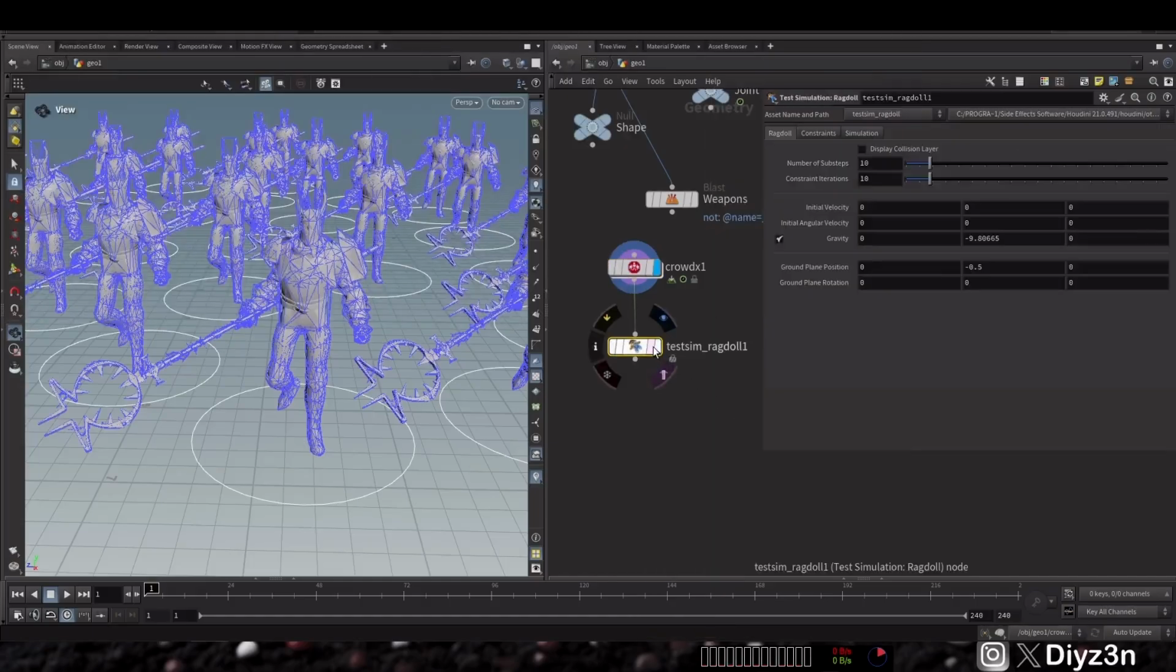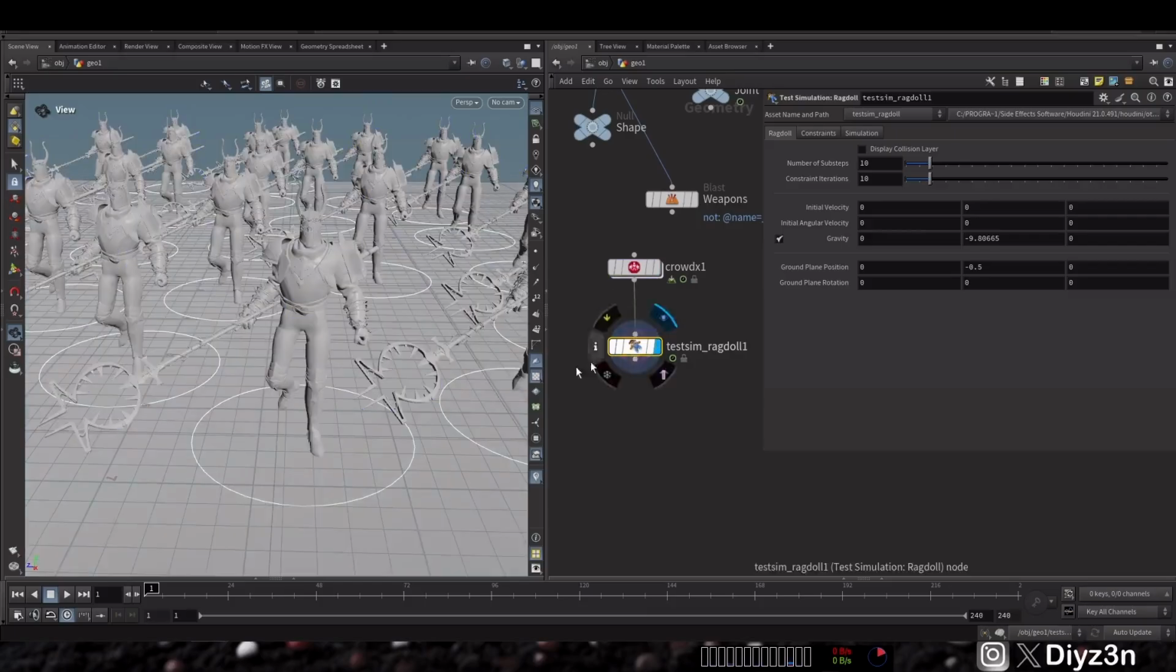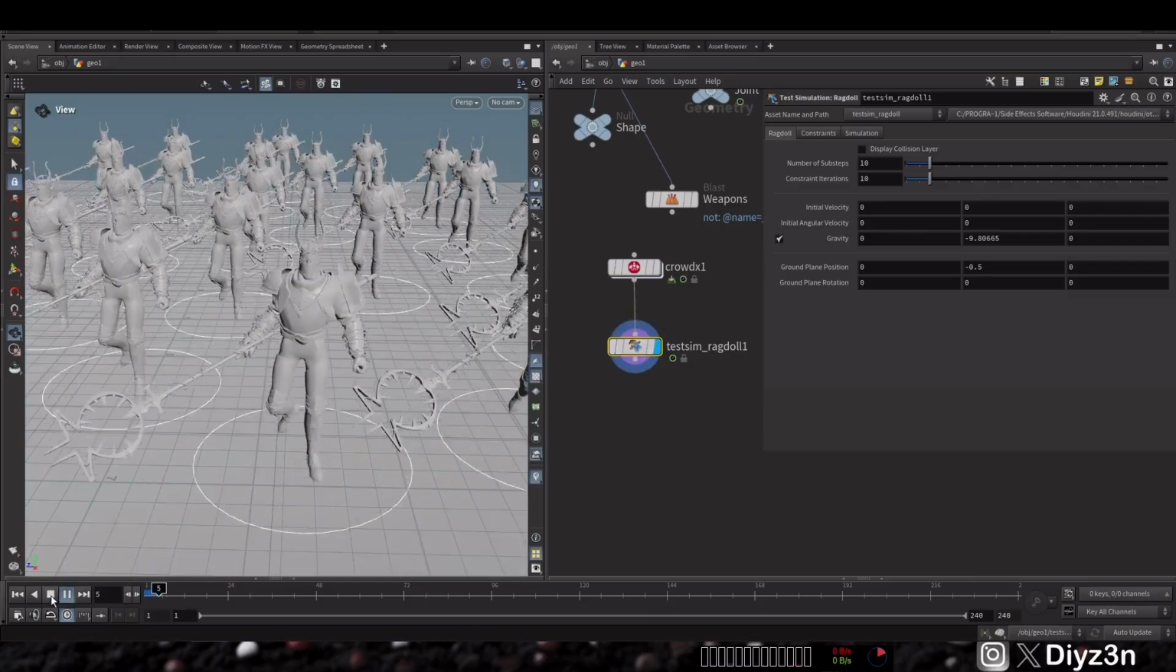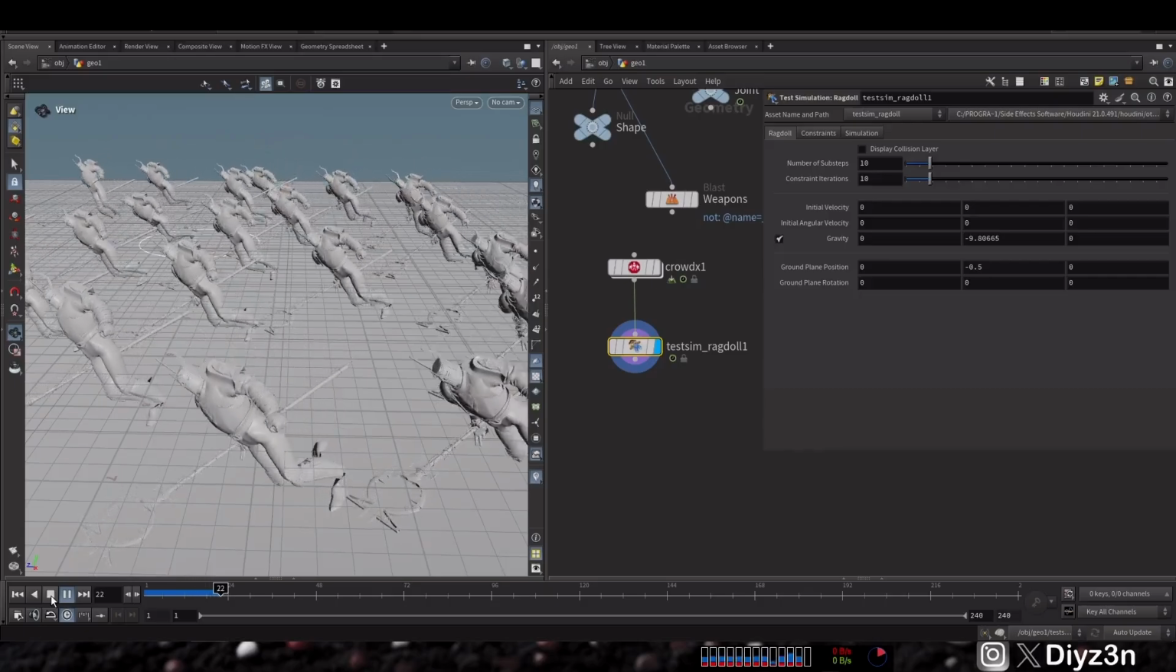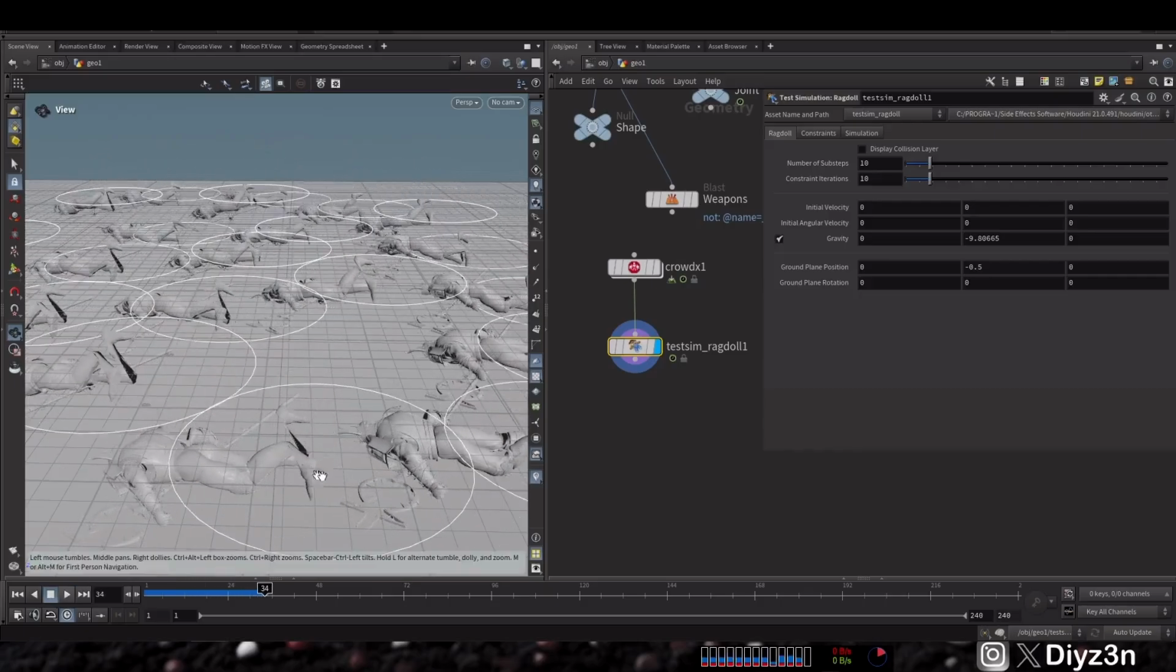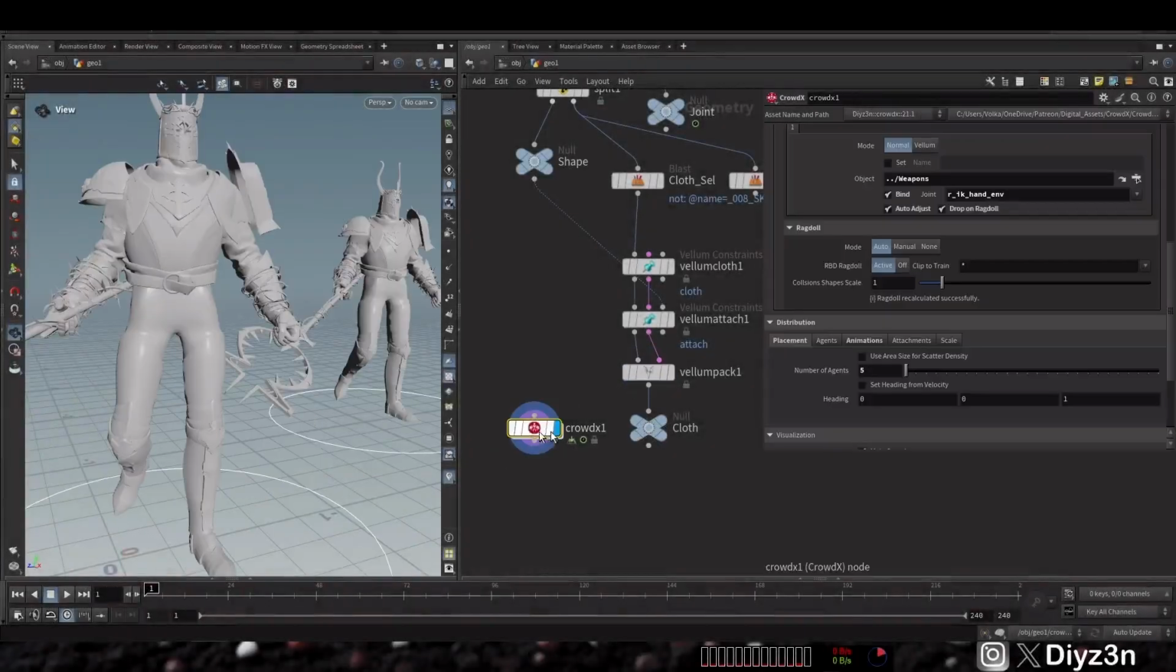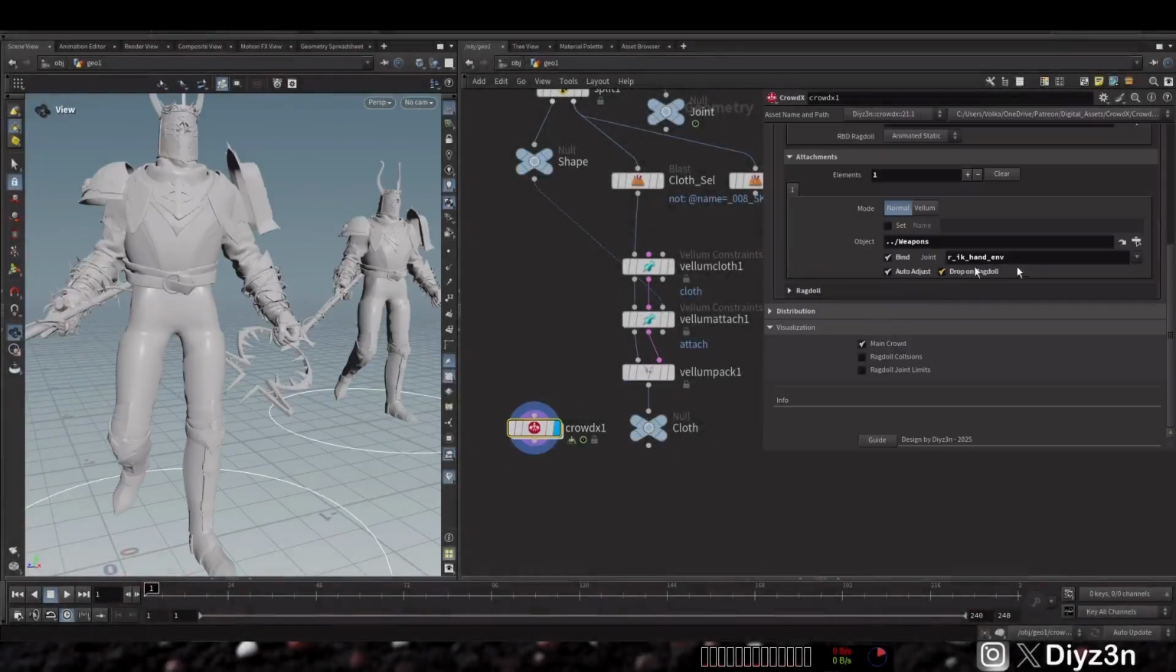And yeah, with test ragdoll, guess what? We can drop this object, and boom, this is very easy. See? So fast forward, this is our cloth